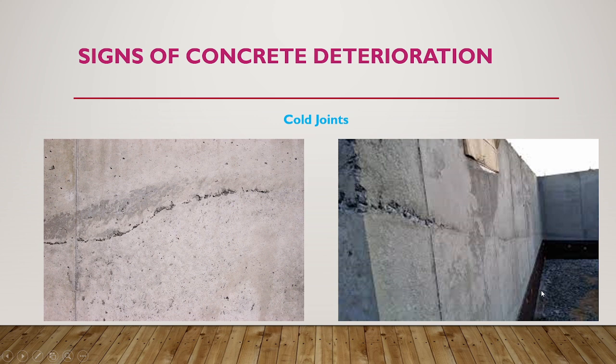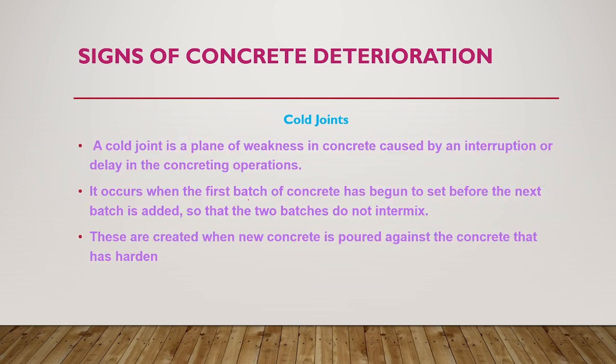In this video, I am going to show you the signs of concrete deterioration, in which the first one is the cold joints. If you see here, this is called a cold joint, or in this picture here you can see this is called a cold joint. So what is the reason behind it? The reason behind it is